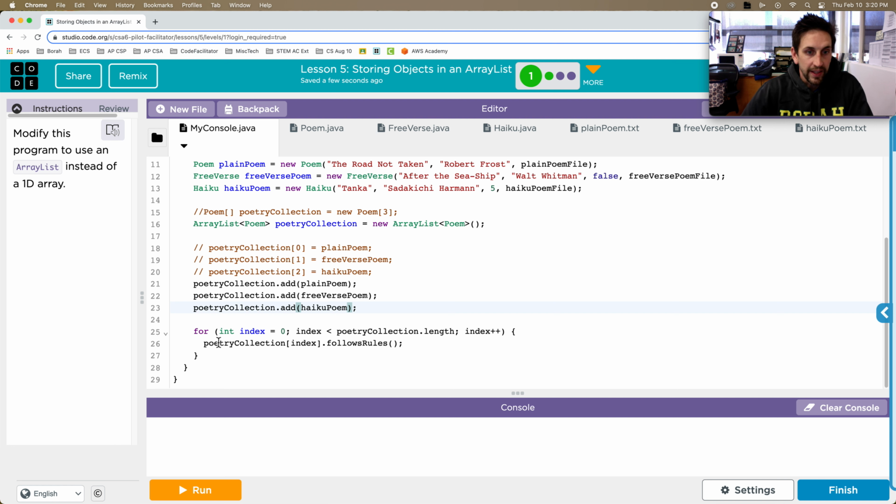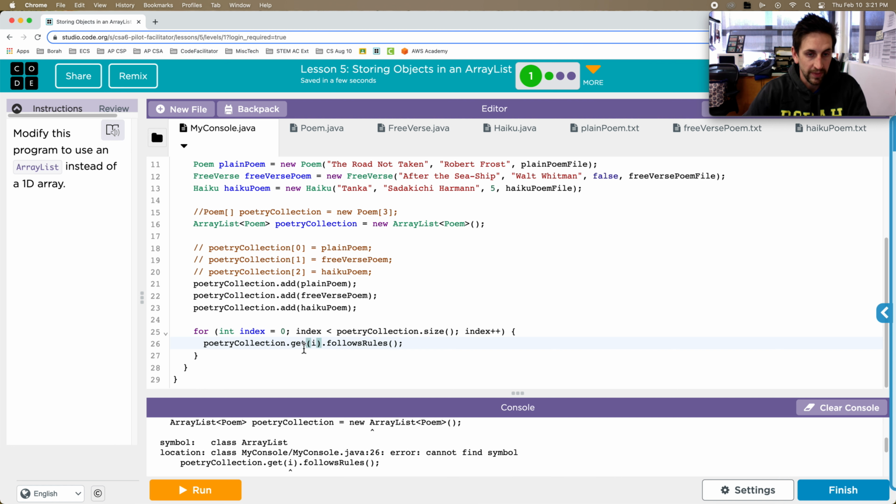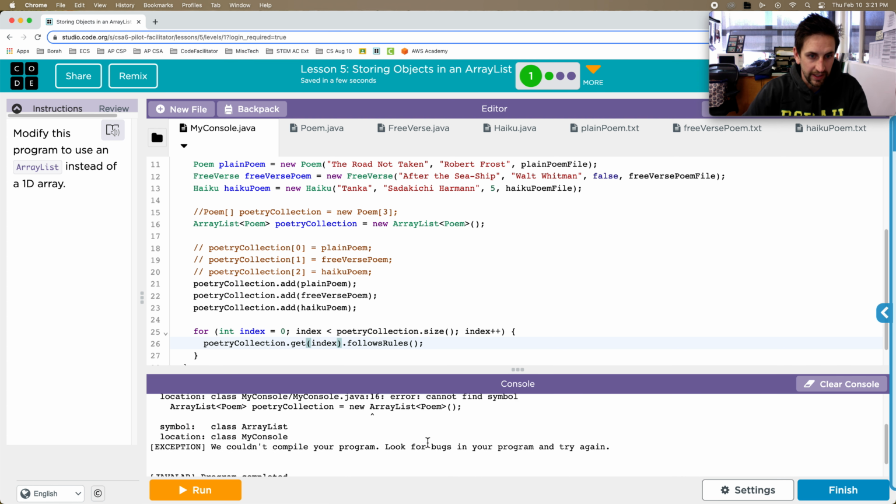Okay, and then it says for int index equals 0, index is less than poetry collection dot length. Since it's an array list now, I need to do size. And then poetry collection index, I need to do dot get, and then index, dot follows rule. So I want to run this, see if there's any errors, and correct them if I do. Oh, and I used I instead of index, so I'm going to change that to index. Clear the console and rerun it. I get another error,